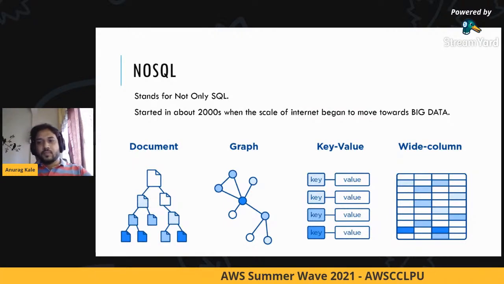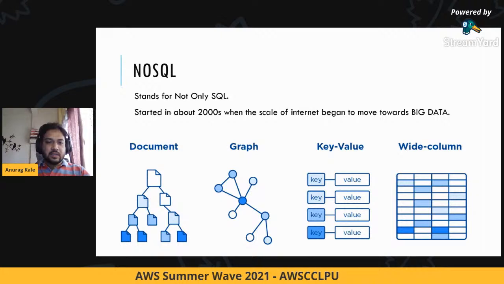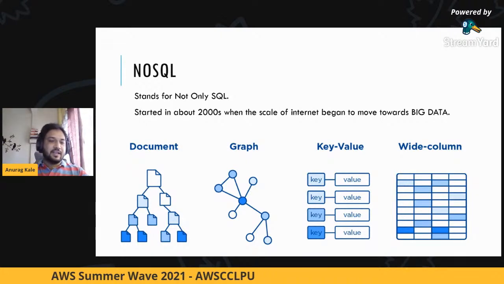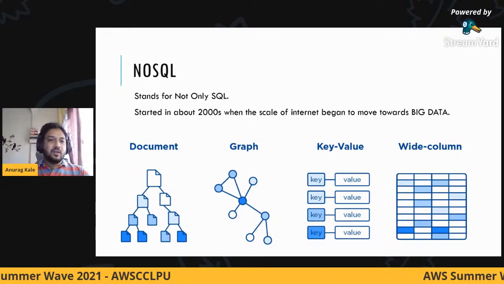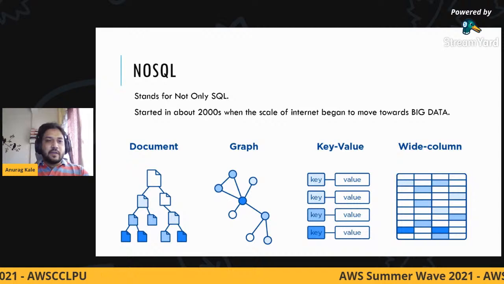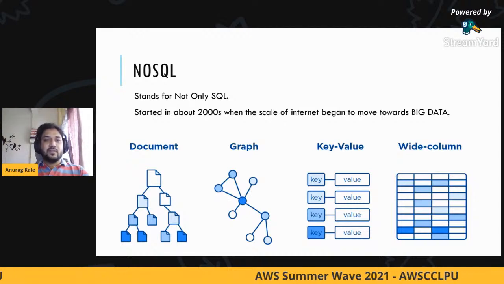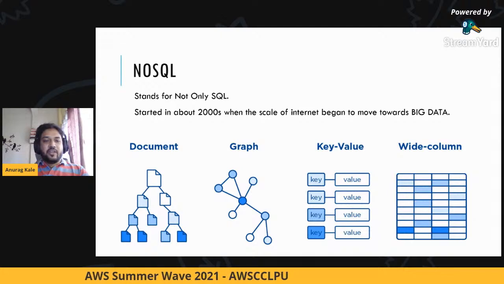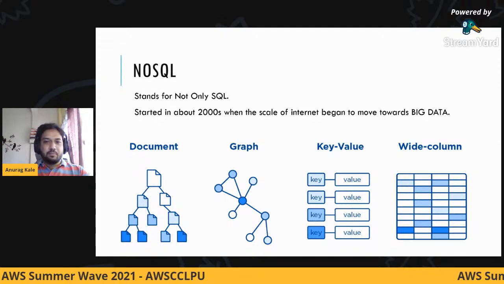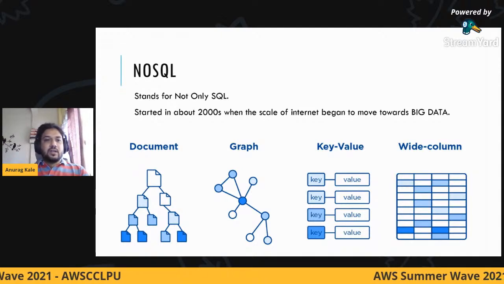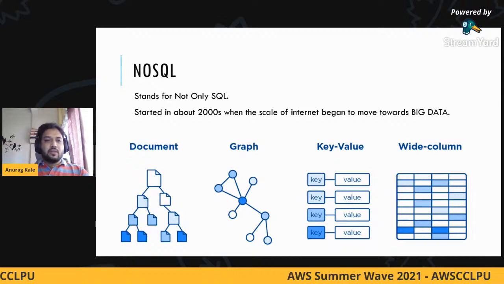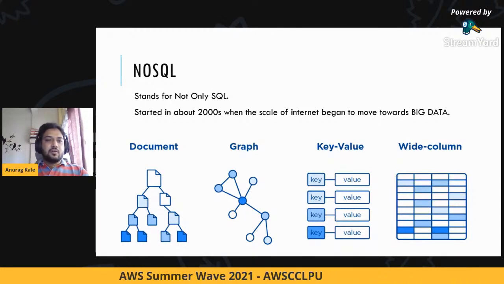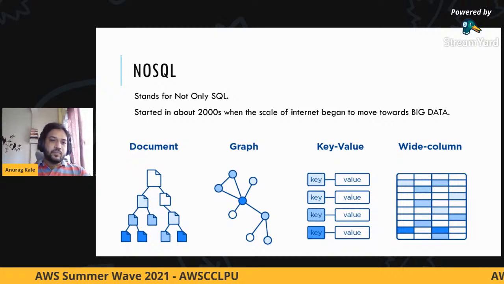Now people generally think that when you say NoSQL, it means that there is no SQL, the language used to interact with relational databases. But that's a very big misconception. The actual acronym, if you expand it, NoSQL stands for not only SQL, right?